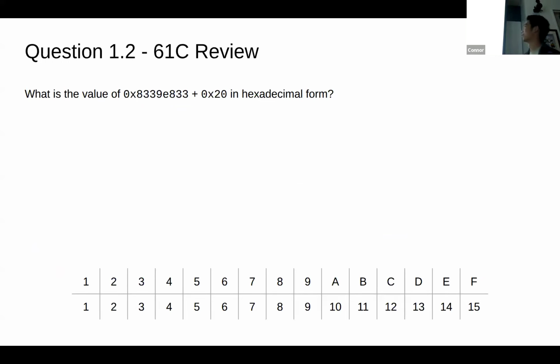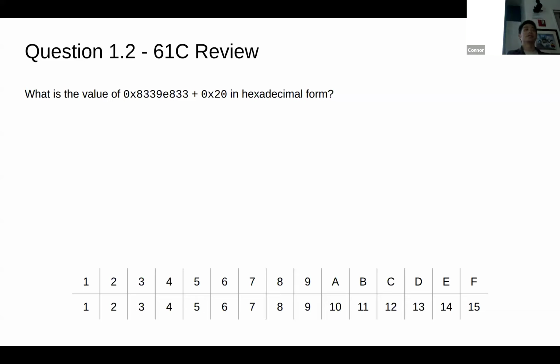You might be tempted to convert this to decimal, but that's a bad idea because the numbers are too large. To do addition, we can do the same thing as with decimal numbers. We can add each digit and then carry over. So if we look at this example,